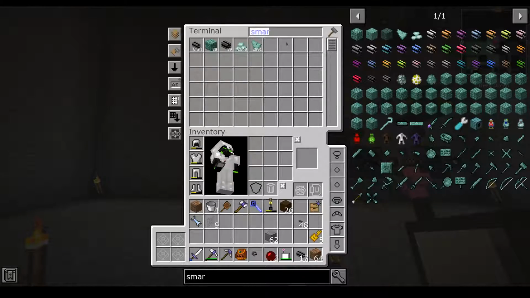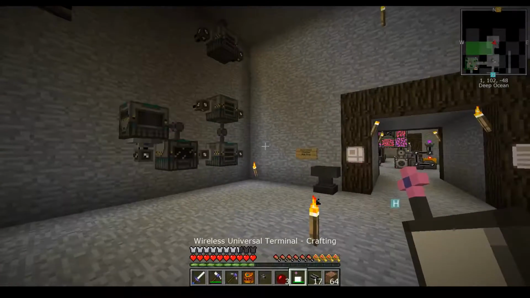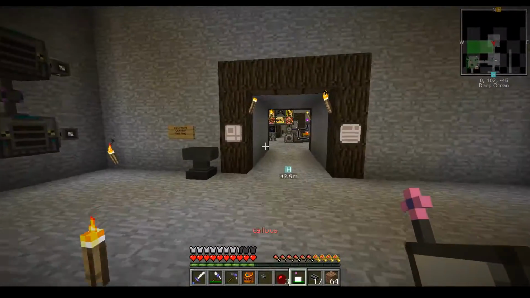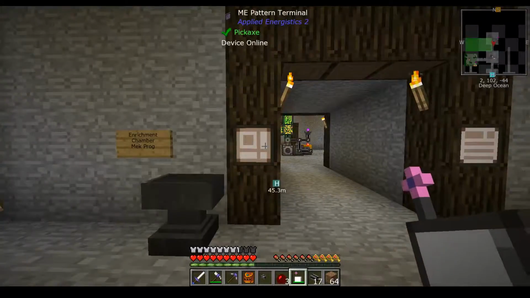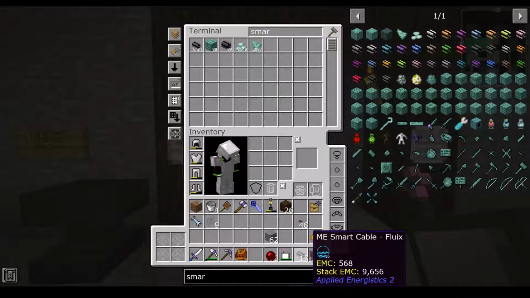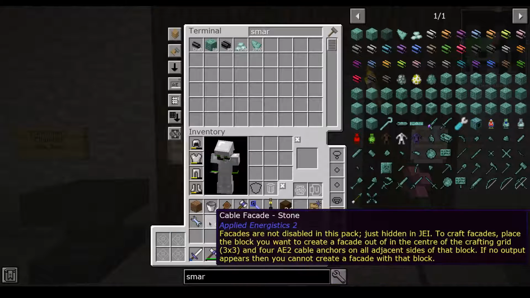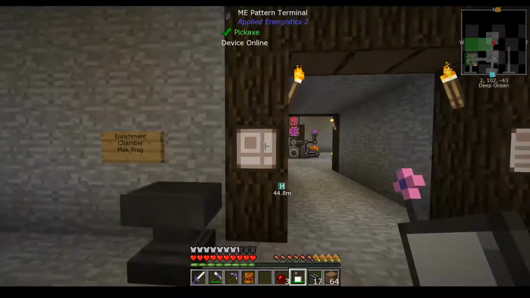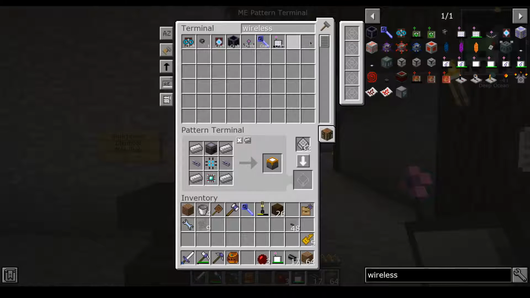So yeah, we're not getting the infinity booster, power low yet. So, in order to get into Applied Energistics, we'll go ahead and put this away for now. Oh, apparently I had smart cable. Who knew? In order to get into Ender IO,